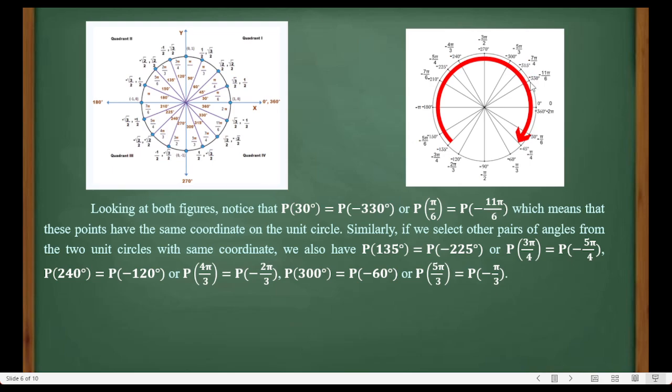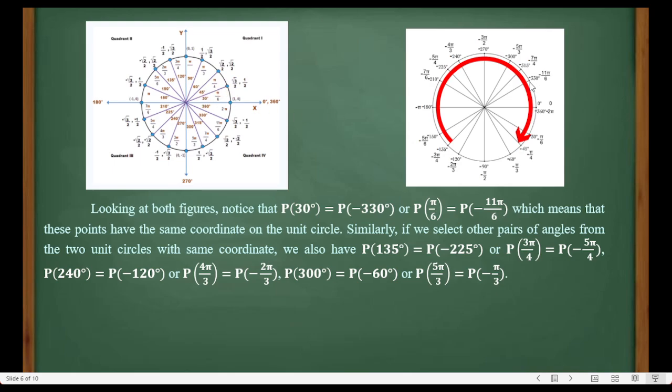Now, if we try to observe the two figures, it means the point right here is also this particular point right here. The only difference is this one has an angular measure of 30 degrees, while this one is